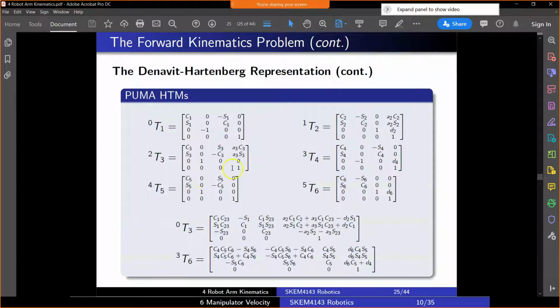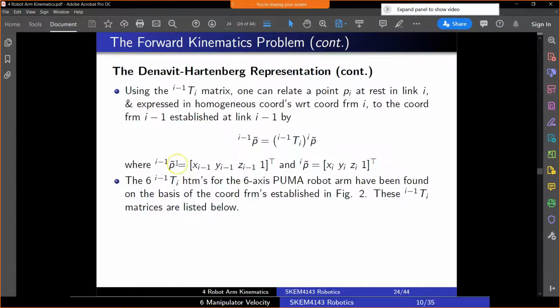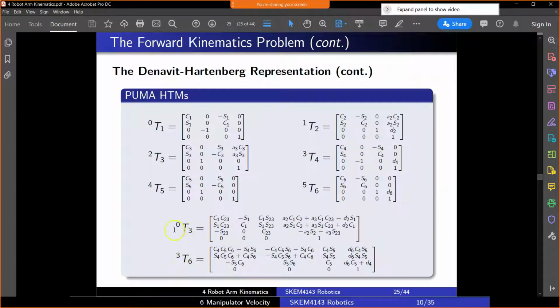So this is chapter 4, and this is for Puma 560, if I'm not mistaken, right? And look at this: T30 and T63. If you multiply these two, you will get T6 of 0, and the position vector will be functions of theta 1 up to theta 6. So that is what's shown in